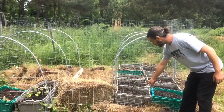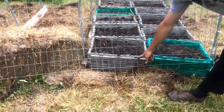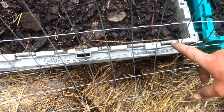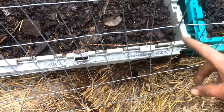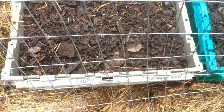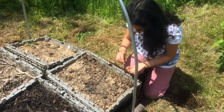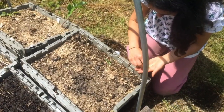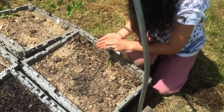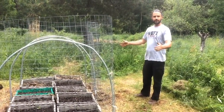In the center of all of these is Mohawk red corn, which is a type of flint corn. I just marked the different varieties with a nursery pen. So there's corn in the middle of these beds. There's a giant amaranth growing, that will be growing through the other sides. And then on the north end, Sasha went through and seeded out a bunch of cucumbers that can use this fencing as a trellis. So we're in about $20 with the potential to reclaim 2 4-foot by 8-foot bed spaces